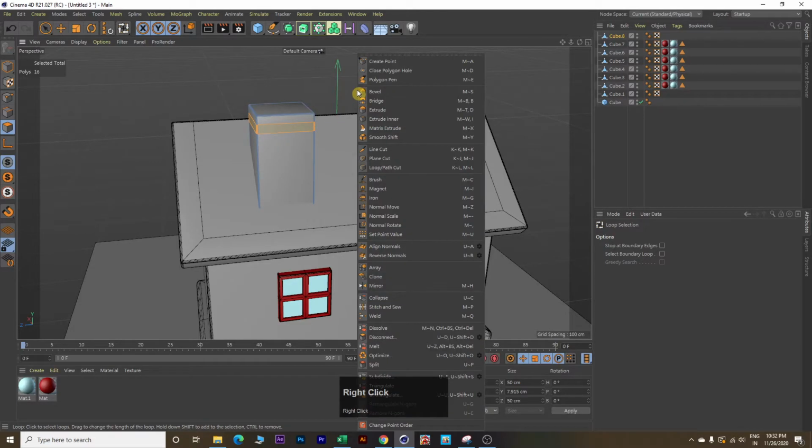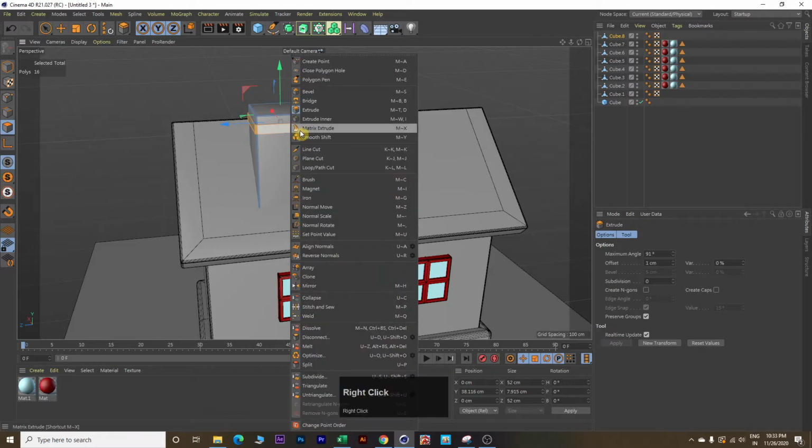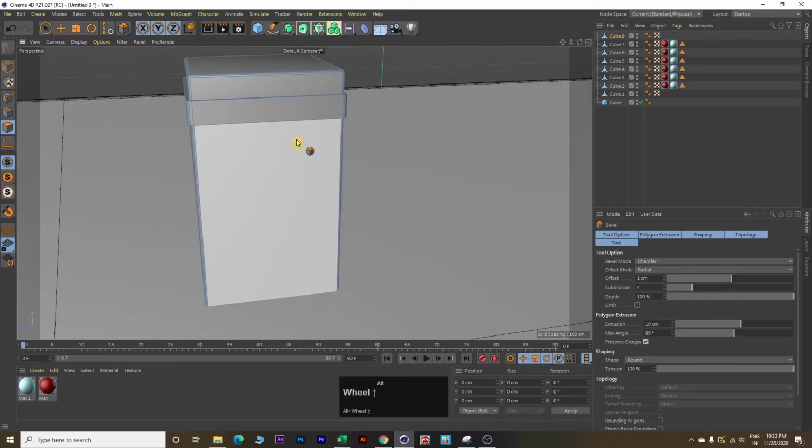Next we will select on extrude and extrude a little bit outside. Then we will right click and select bevel and we will make this bevel as 1 centimeter and 4 centimeter. Now this looks good.